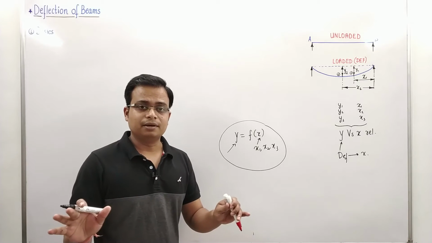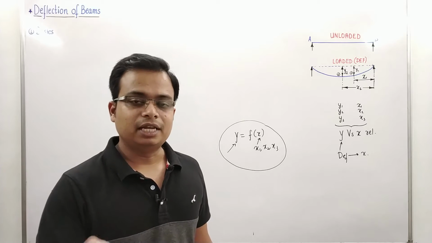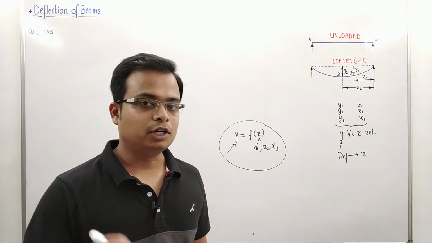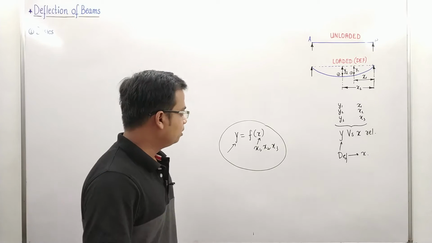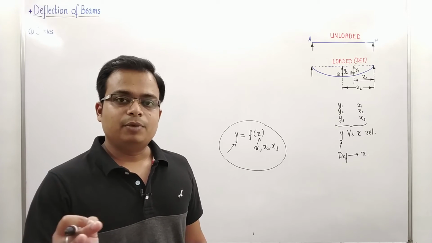This is the equation that we are concerned with in this chapter of deflection of beam. It's absolutely clear. Okay, so what do you do in deflection of beams? You actually work out an equation that is going to help us find the deflection at different points on a beam. That's it. Okay, मतलब एक ऐसा इक्वेशन निकल के आएगा जिसकी सहायता से आप बीम के किसी भी बिंदु